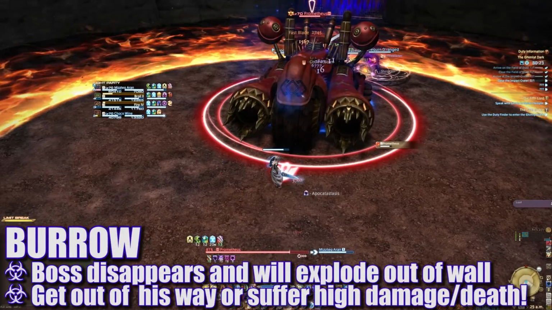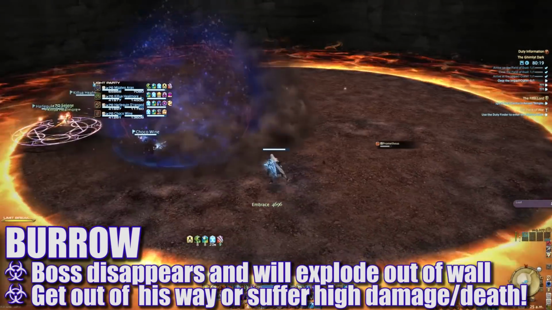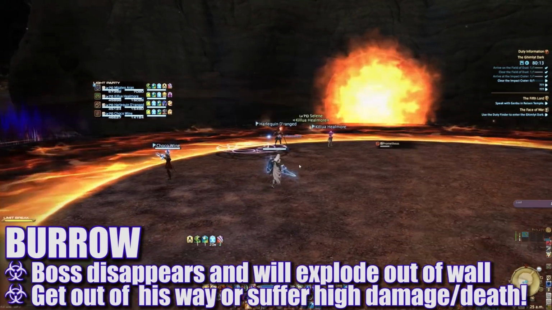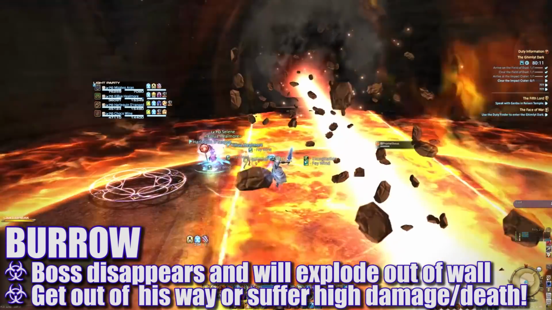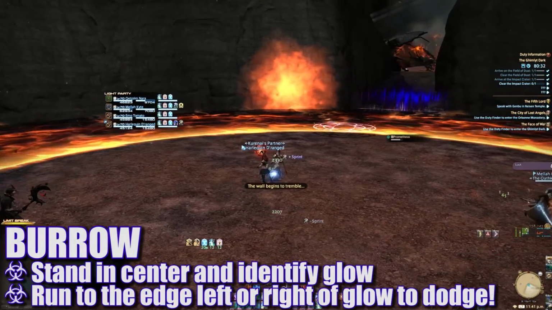Periodically, Prometheus will burrow into the ground and disappear. Players will need to quickly identify what section of the wall around the arena is trembling, signified by this glow. Once they figure it out, they'll need to move to a safe side of the platform out of the way of his incoming attack. An easy way to do this is to stand in the center as soon as the